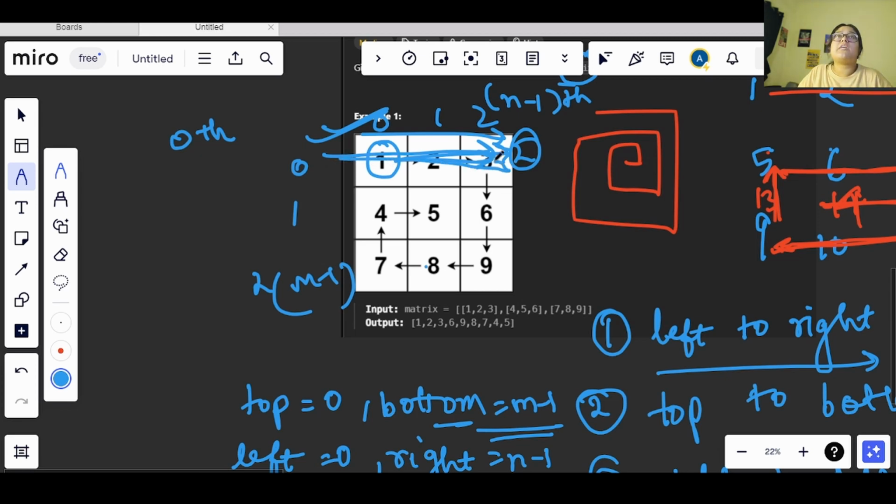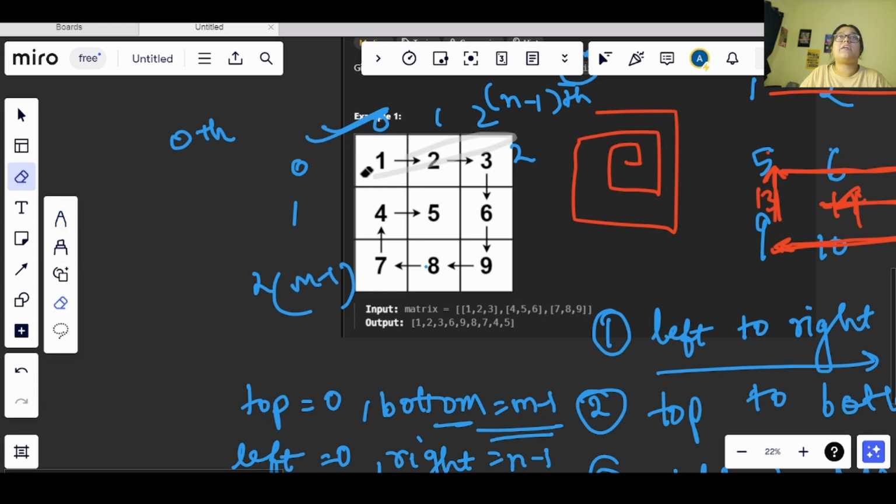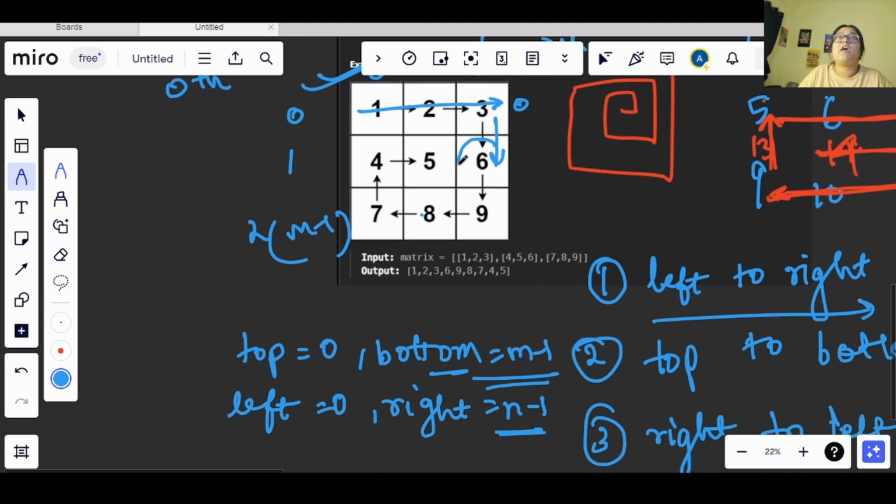Now once we have iterated on the 0th row, let me just cross it out. This is the 0th row, and after that we are turning towards the first row. So for that we are traveling from top to bottom, and the column remains the same. After covering the entire 0th row, we are starting from the first row.